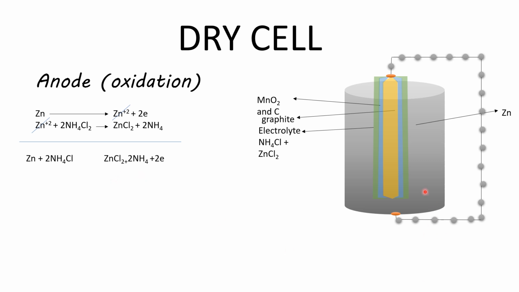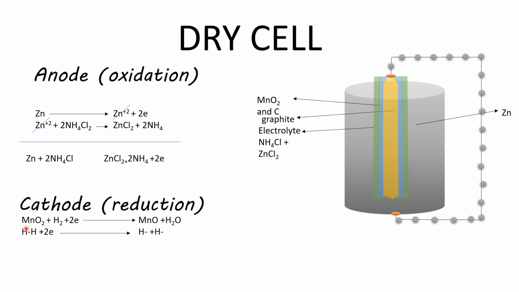Now let's move on to the cathode side reaction. First of all, the MnO2 that is present on this side will react with the H2 gas that is produced by the ammonia, and reacting with the electrons, by reducing the bond, it will become H2 gas. So there will be two gases,